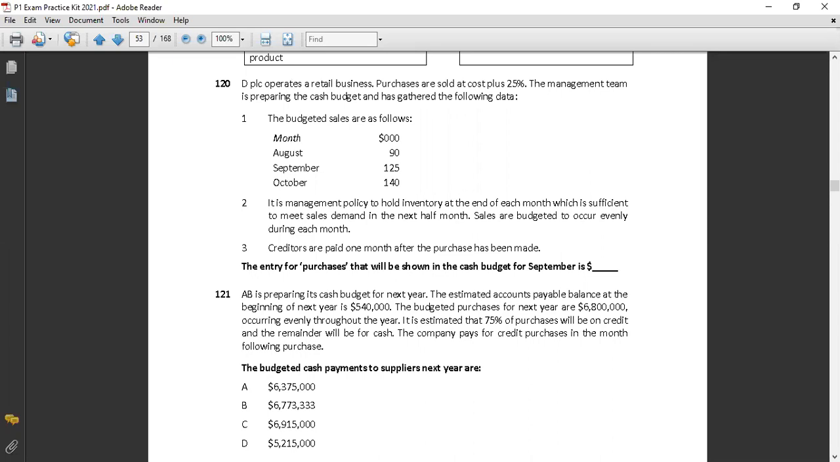We have done 121, but 120 I don't think we have done. DPLC operates a retail business. Purchases are sold at cost plus 25%. The management team is preparing the cash budget and has gathered the following data. Budgeted sales are as follows: August, September, October. It's management policy to hold inventory at the end of each month, which is sufficient to meet sales demand in the next half month. Sales are budgeted to occur evenly during each month. Creditors are paid 1 month after the purchase has been made. The entry for purchases that will be shown in the cash budget for September is